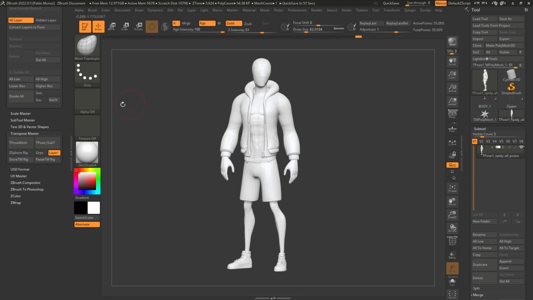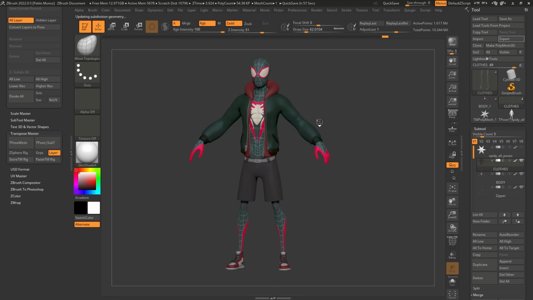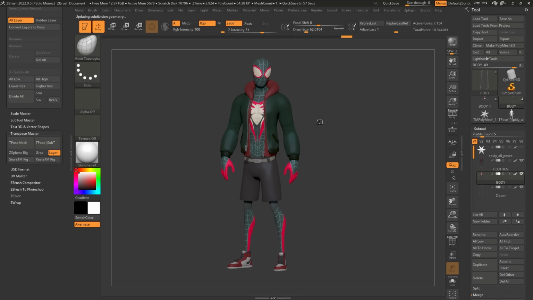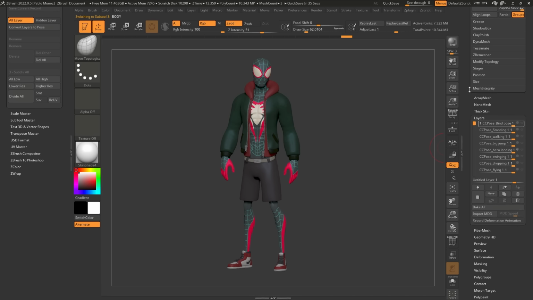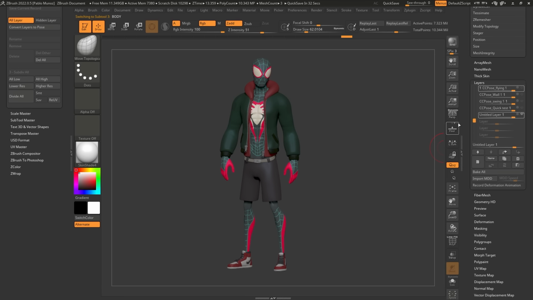All right, so once I finish with this, again, this is kind of like a clone version that has merged everything together. I can click on T-Pose to Subtool, and then ZBrush is going to go through the process of sending those changes, that pose that I created with the Transpose Master, into the actual working file that has all my subdivision levels and all the subtools like you see here. It took about 6 seconds, so that's pretty good. And because I have this layer enabled, I actually created a layer for each one of the subtools at the bottom. So that one should be here at the bottom. It's called the Untitled layer, and that's the one that I have enabled.